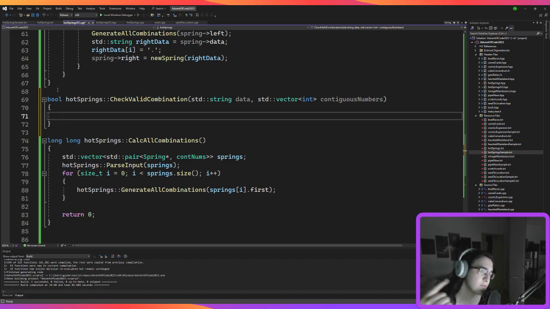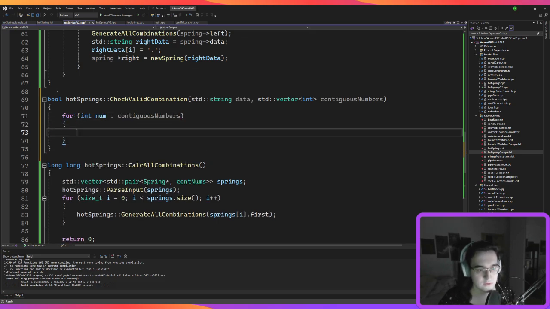I see a number, and for that number, I search if there is an equal amount of damaged springs. So for, I can go int num in contiguous numbers. Okay, so for that number,